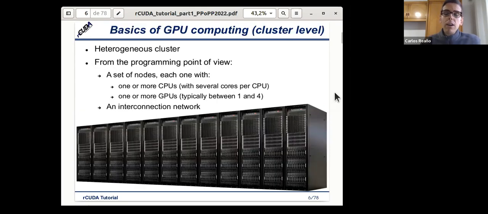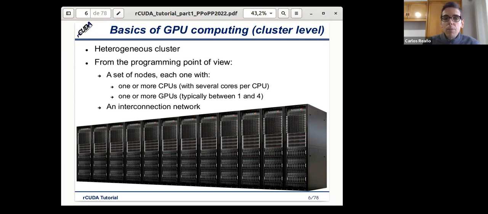So once we have this basic building block, which is one node with GPUs, we find that at the cluster level, we have heterogeneous clusters, which means that some of the nodes in this cluster have CPUs with several cores per CPU, of course. Then some of these nodes could have GPUs, but not all of them.